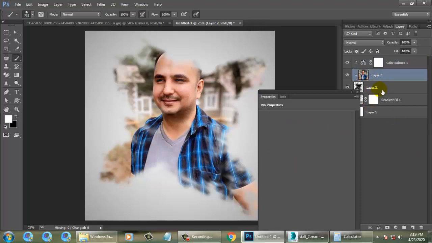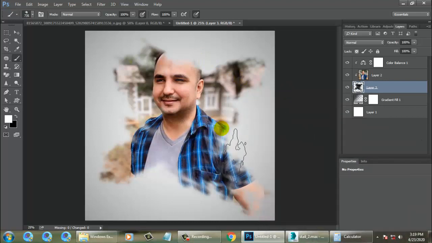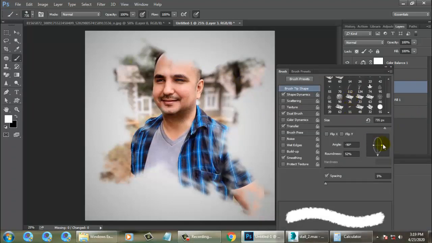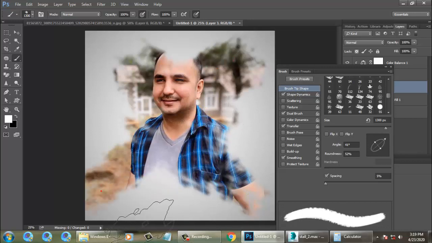Let's again go into the mask and utilize this over here. Again rotate this brush, increase the size of the brush. Alright, that's it.